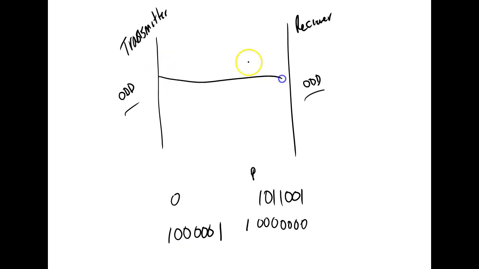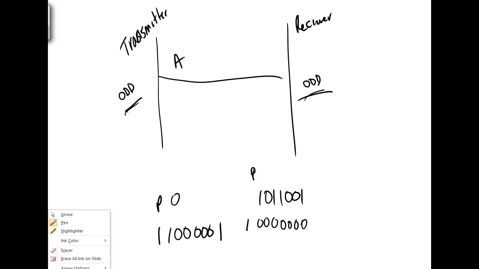So what would my parity bit be if I was sending the letter A? I'm sending the letter A from the transmitter to the receiver. Okay, so I'm running what? Odd parity, so my parity bit would be a 1. Now, if I was using even parity,